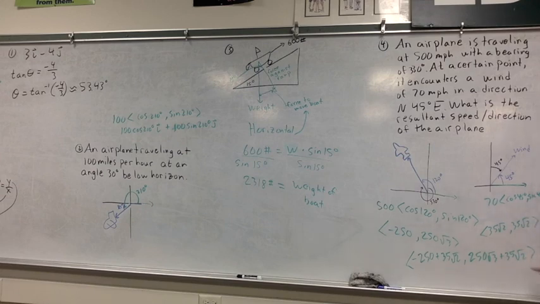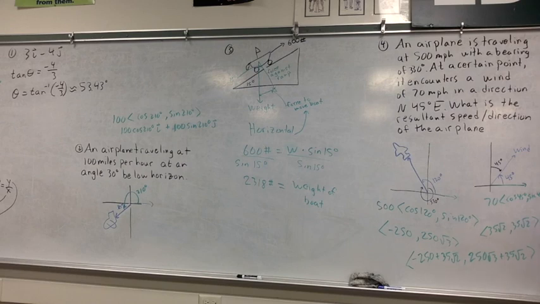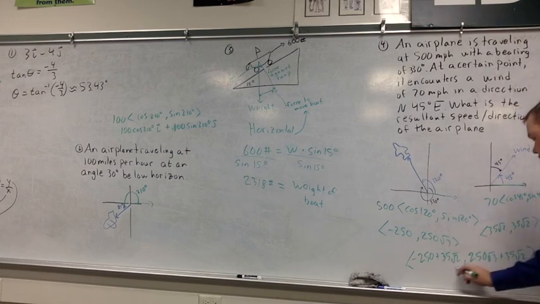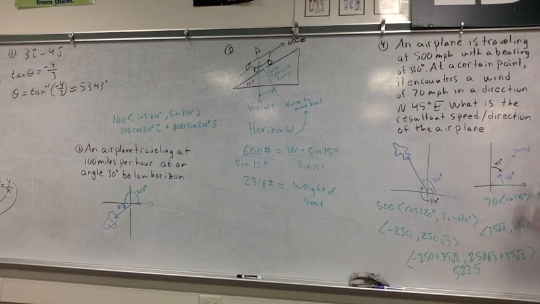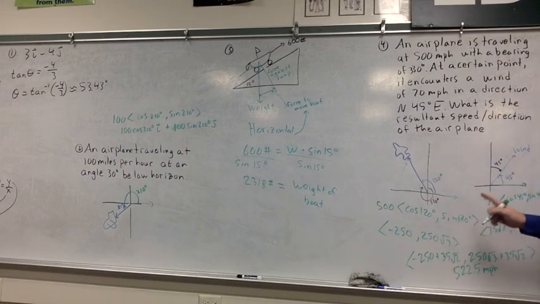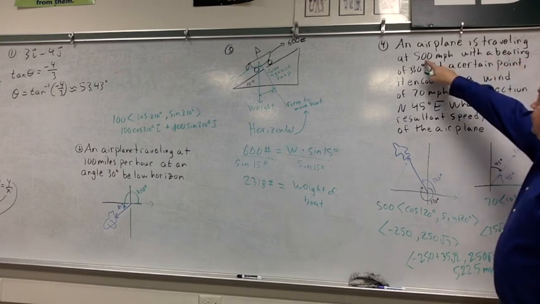Now, I can do the calculation for magnitude. I can take this, square it. I can take this, square it, add them up, square root it, and it turns out that my magnitude is going to be 522.5. If I go back to my original problem, this is miles per hour. So even though that wind is acting on my plane and slowing me down in the x direction, it's actually making me go faster in the y direction. And overall, I'm going 522 miles an hour, even though the plane itself is only going